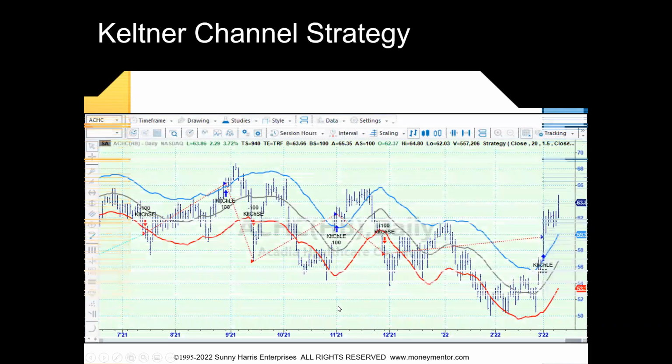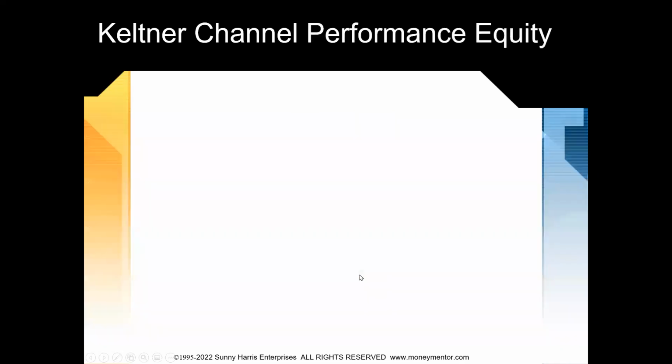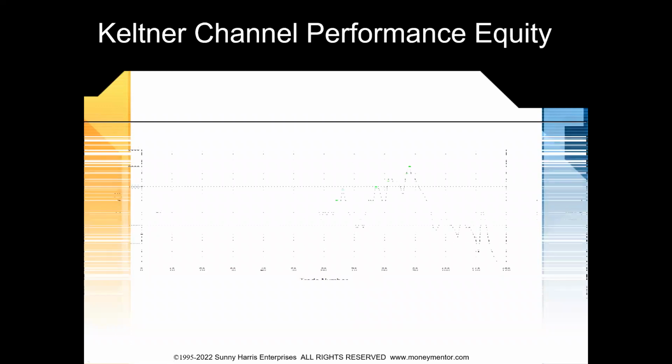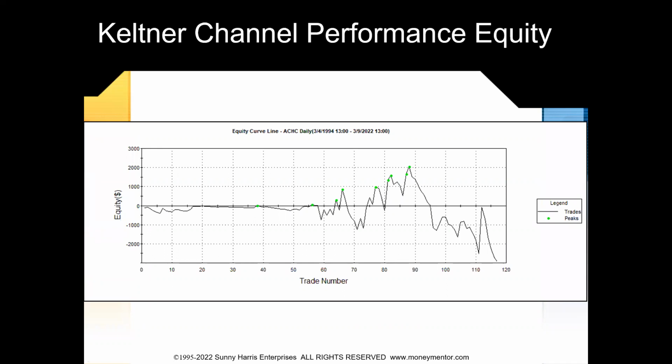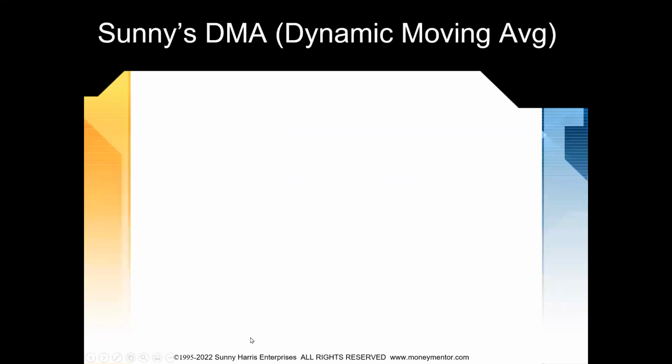Let's look at the Keltner channel strategy. This is just a canned strategy that's in most software. And I use TradeStation, so it's in there. Here again, we buy at the top and sell at the bottom. Buy at the top, sell at the bottom. That's the other way around from what it should be. Maybe we could just reverse it and say buy when we meant sell and sell when we meant buy. And there's the below water equity on that one, down about $3 grand by the end. So that's not what we want either.